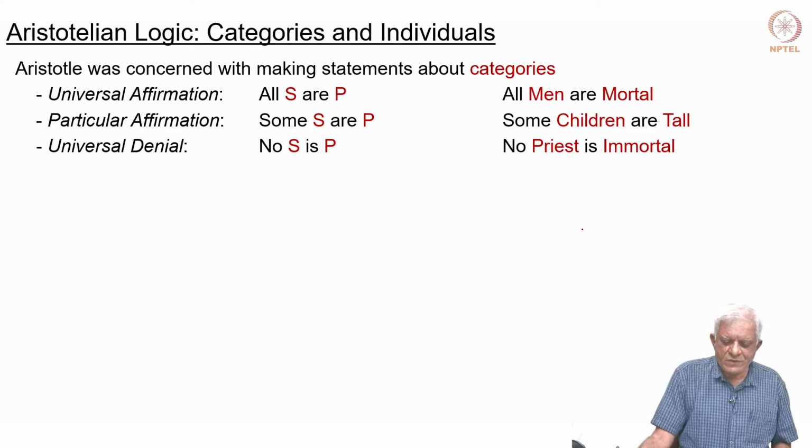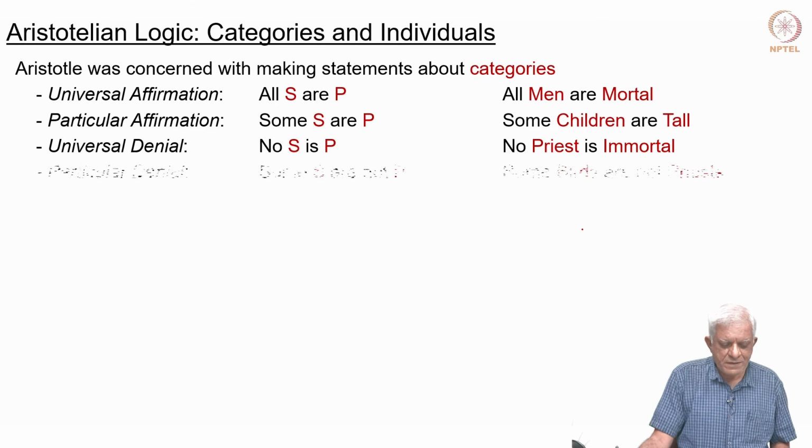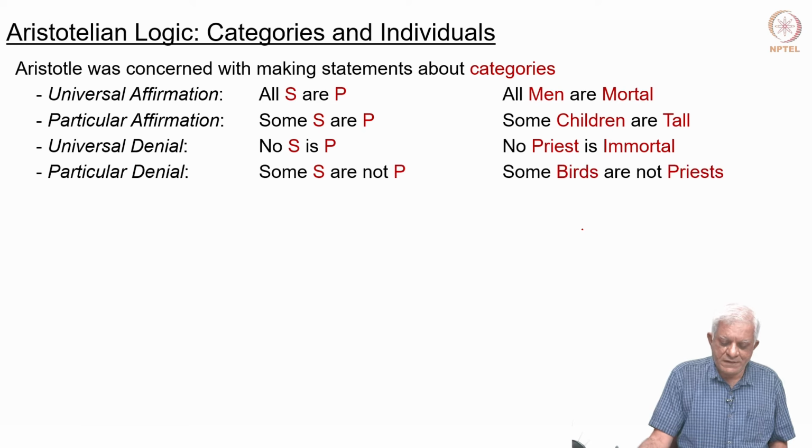Universal denial, no S is P. For example, no priest is immortal. And particular denial, some S are not P. So, some birds are not priests. Of course, you might argue that no birds are priests, which is also a true statement, but that does not take away the truth of the statement that some birds are not priests. In a similar fashion, if I had said that some men are not mortal, that would be a true statement,